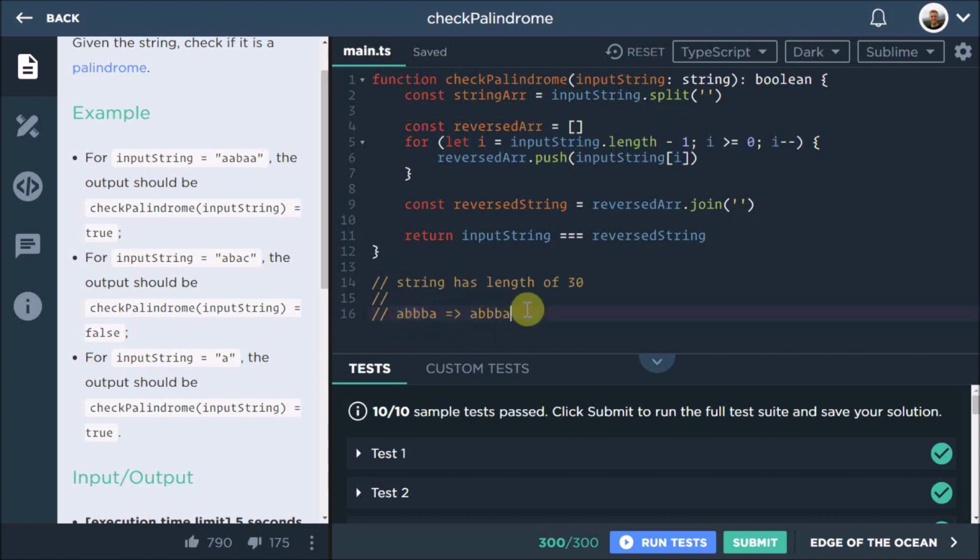Because if it fails, if we loop through this and we said ABAC, or let's put a bunch of C's in the middle, we check, is this the same as that? No. Immediately you're checking the first one to the last one, and if they're not the same, and we start working our way inwards, checking the first one to the last one, the second one to the second last one, the third one to the third last one, if you find an error immediately, you can jump out of this for loop and just return straight up true or false. So I'm going to show you how to do that now.